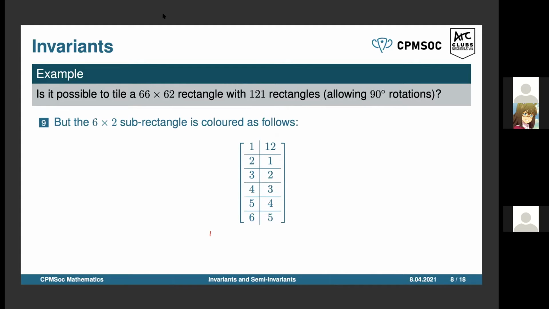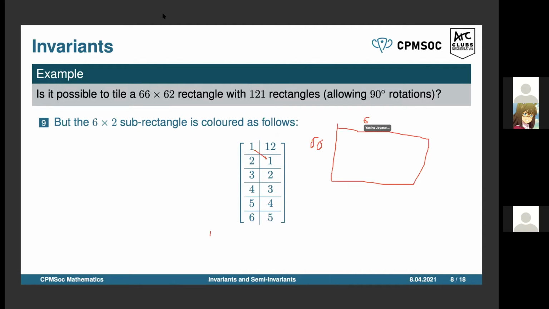The issue is this is not a homogeneous rectangle because the number 1 appears twice and the number 12 only appears once. So since we had 3 homogeneous rectangles and this final rectangle is not homogeneous, it means that the entire 66 by 62 is not homogeneous